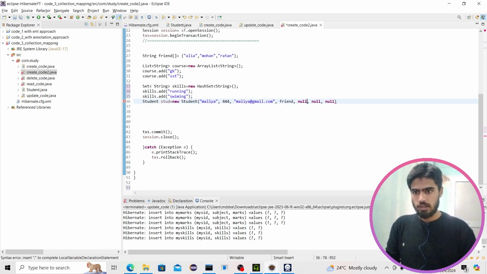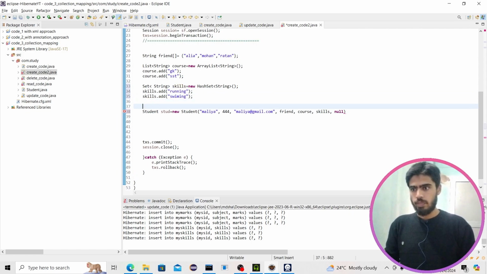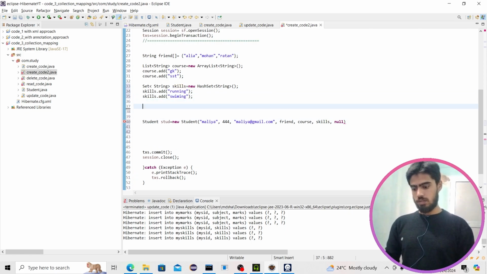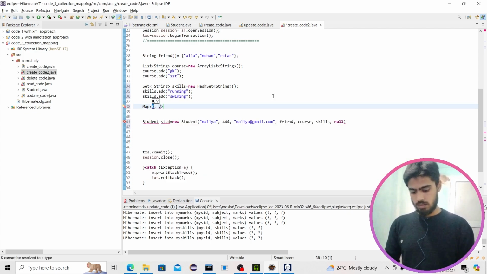So pass that right here. We didn't pass course. So course goes here, skills goes here. Another one is map, which is of type string and integer. So map, okay, string, integer. What is that? Marks is equal to